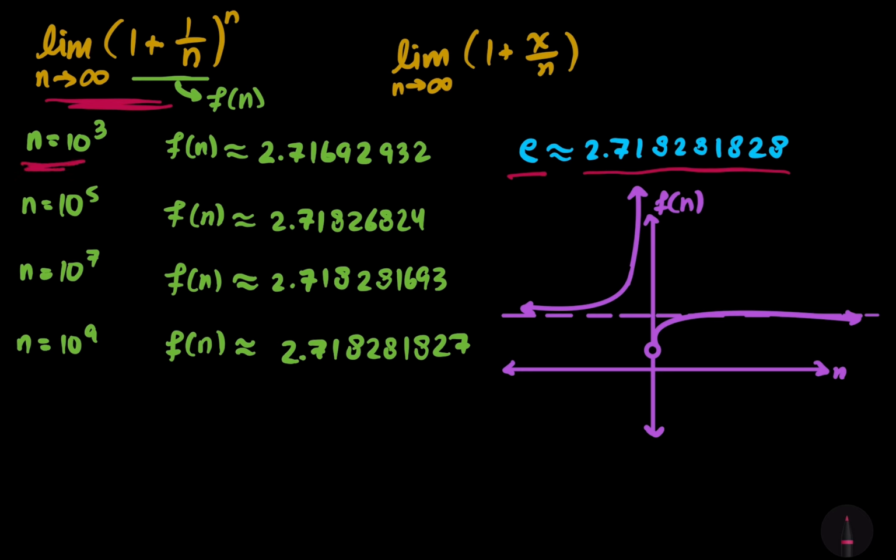That's like 1,000, right? So then f of n, I call this function f of n because I didn't really want to rewrite this expression in the limit multiple times. If we put 10 to the third into our expression for f of n, then on the calculator you will get approximately 2.71692932. Of course, this isn't a terminating decimal, this is just an approximation. And you can already see we have 2.71 for e, here we have 2.71,